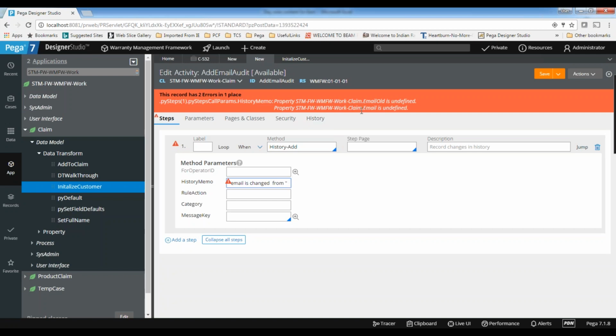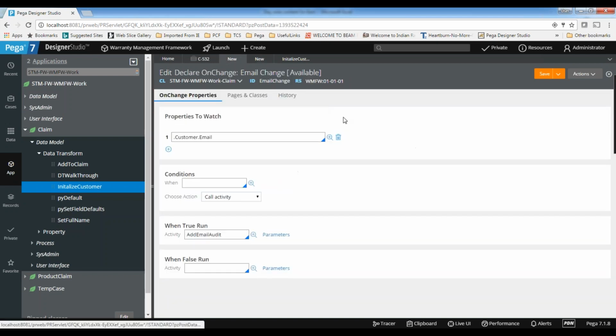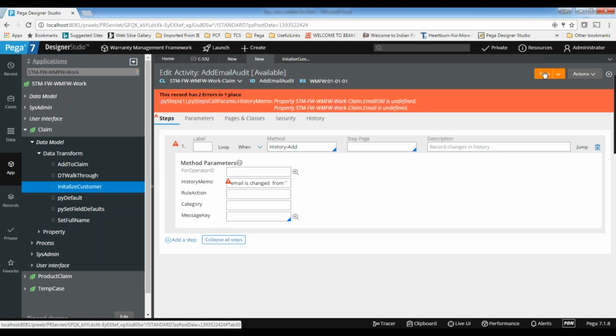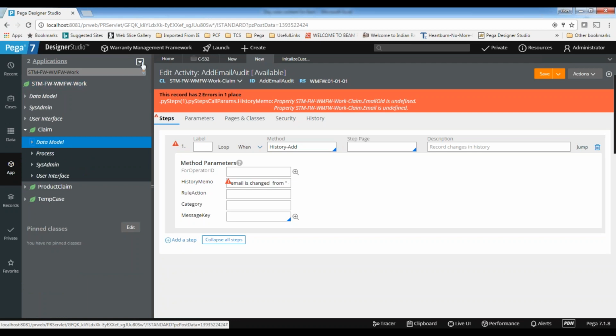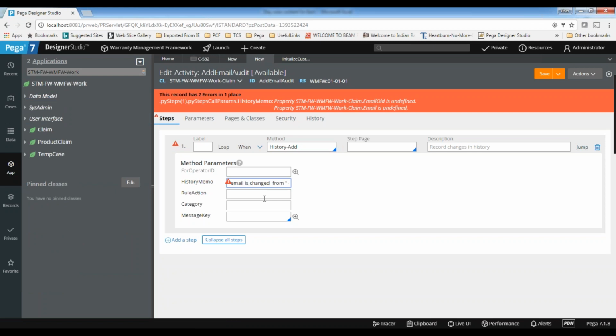So what is there? Email is undefined. I didn't save it. Save it. This one also. Where is email? Oh, that is there in the customer.